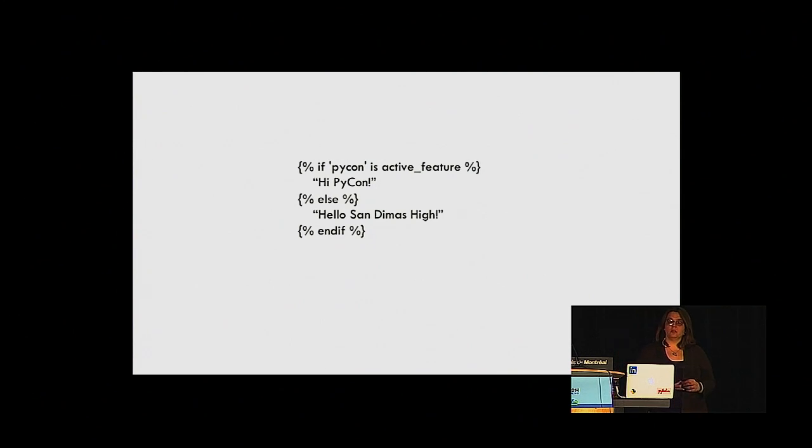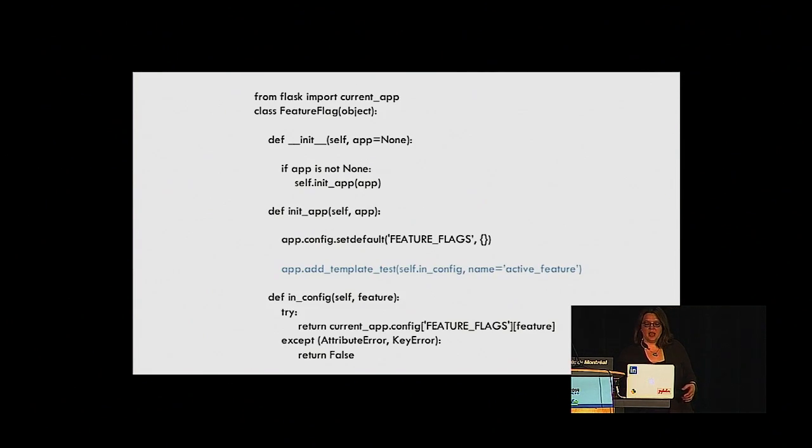Jinja template test. Just to remind you what that looks like, it looks like this. If PyCon is active feature, hi PyCon, else hello. So it turns out we can add a template test to Jinja or a template test to Flask in one line of code. There's a whole API for Flask, and this is one of the hooks that it has. And it looks like this,